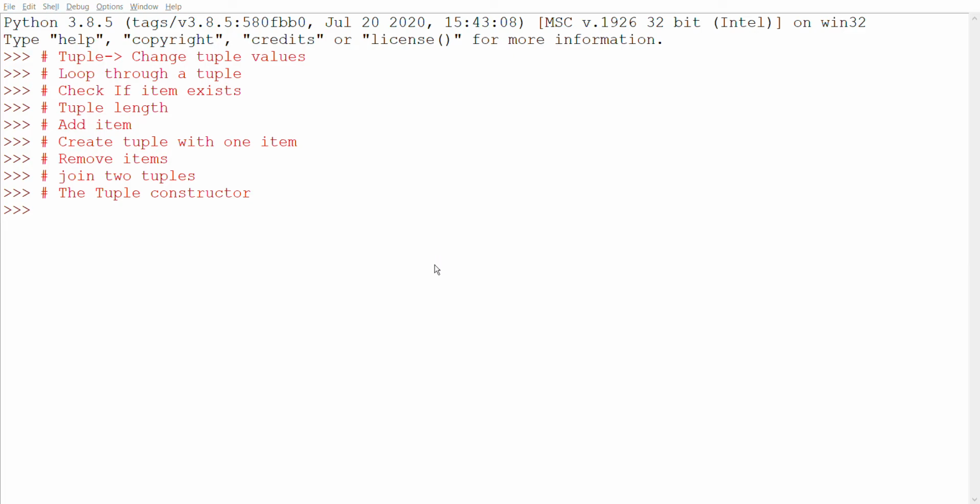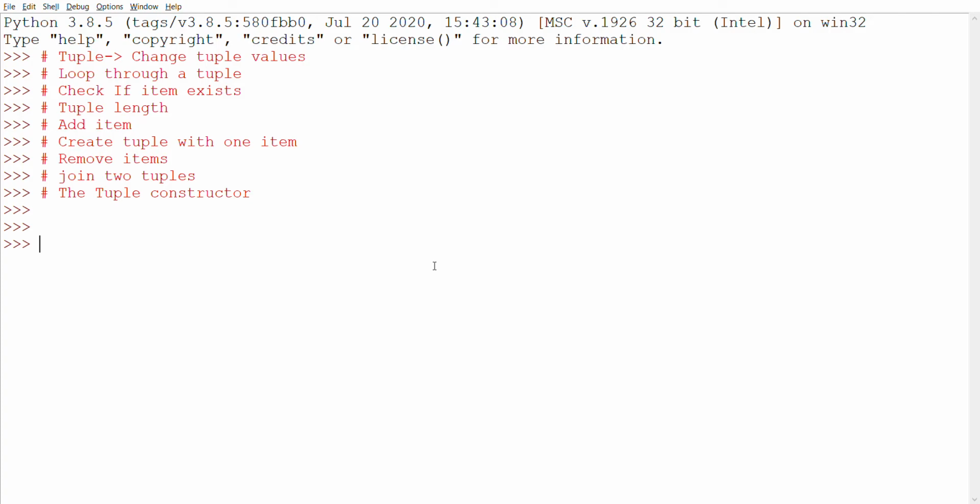Once a tuple is created, you cannot change its value. Do you know why? Because tuples are unchangeable, or immutable. It means once you create it, you cannot change its value. But there is a workaround. You can convert the tuple into a list, change the list, and convert the list back into a tuple. Let's go with an example. In an interview you might be asked what immutable is. Immutable means when you create an object, you can't change it. But you can copy it to create a new object and set the value there.